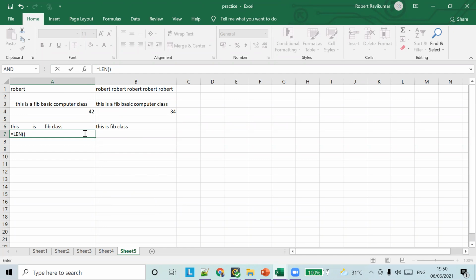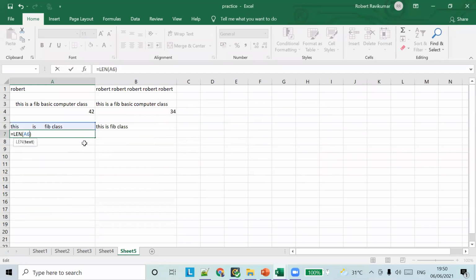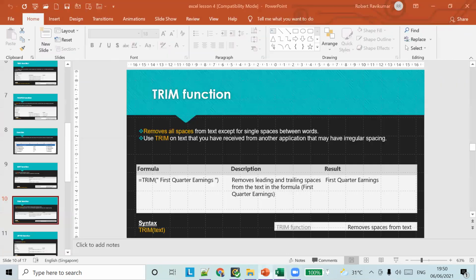It's not going to remove all the spaces; it's smart enough to leave a single space alone. The length of A6 is 17. So TRIM works on the left side, the right side, and also in the middle. This is how you trim spaces.